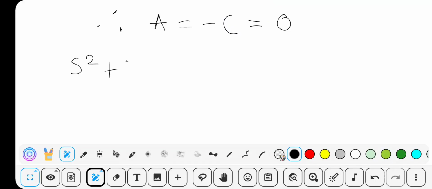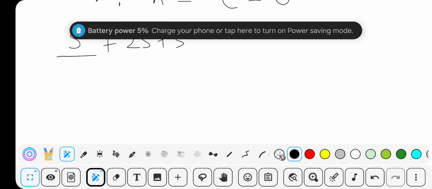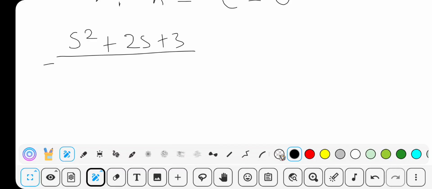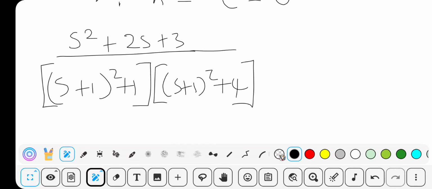So s squared plus 2s plus 3 divided by s plus 1 all squared plus 1, times s plus 1 all squared plus 4, is equal to